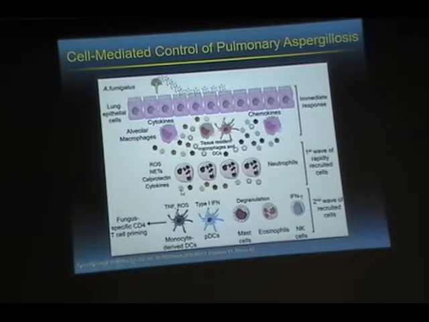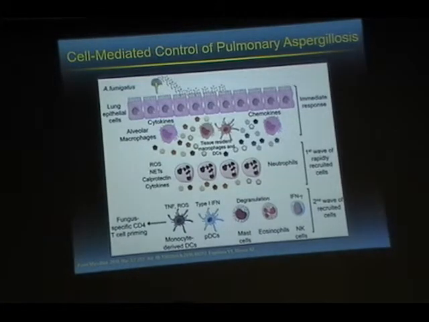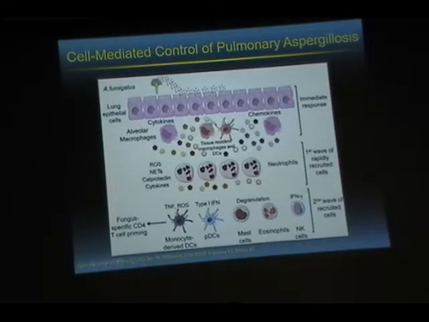Okay, and the neutrophils are primarily antifungal due to the fact they can produce myeloperoxidase and nitric oxide radicals that can directly kill these fungi. Okay, so that's the first wave of recruited cells that happens so rapidly, within a few hours. Okay, so they can take care of the fungi right there. But